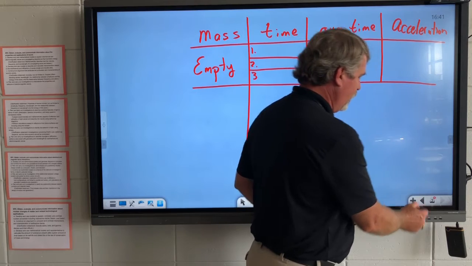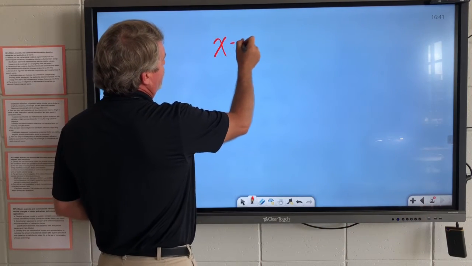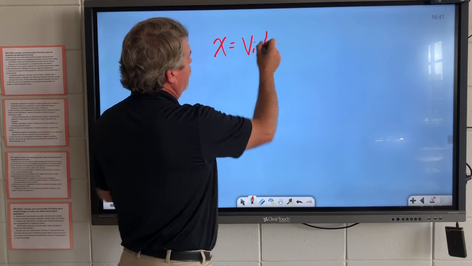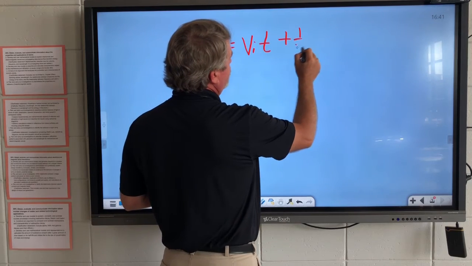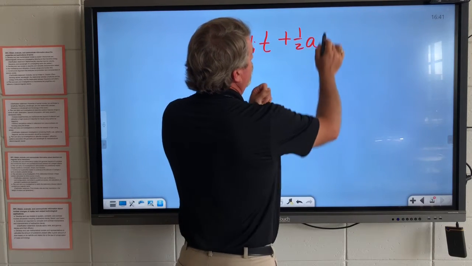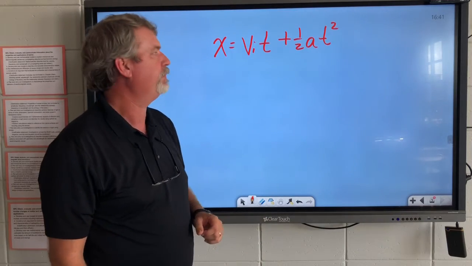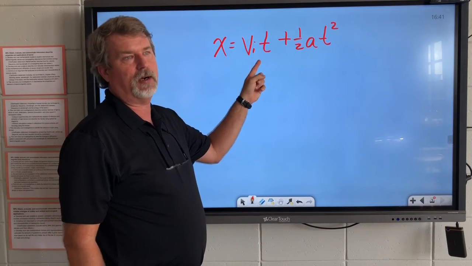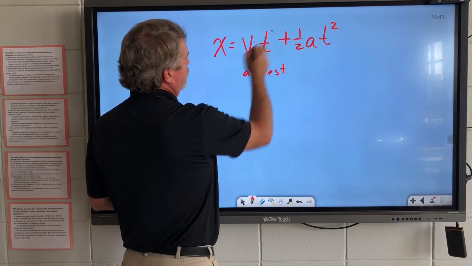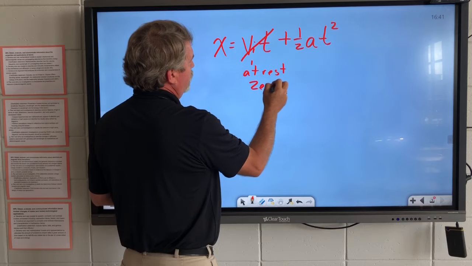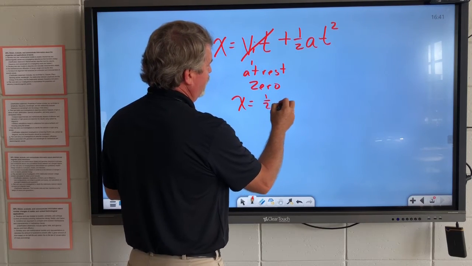Now, let's take a quick minute to look at that. We know that the distance an object travels is equal to the initial velocity times the time it takes to travel, plus one half the acceleration times the time squared. The initial velocity of our car is at rest, so the initial velocity is 0. We can remove that term, and we get that the distance the car travels is equal to 1/2 the acceleration times